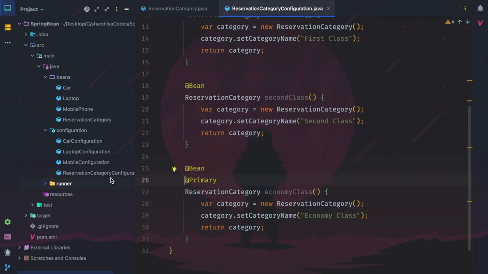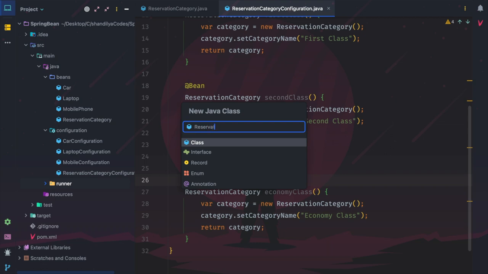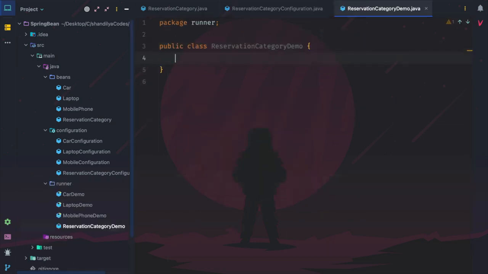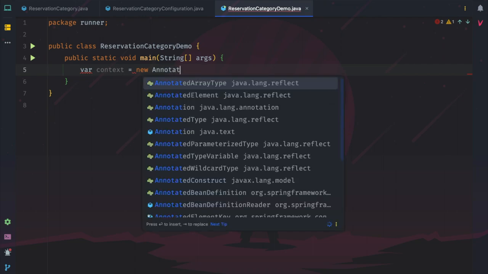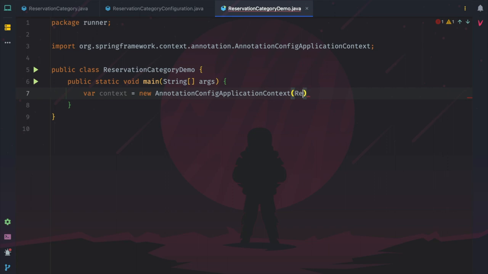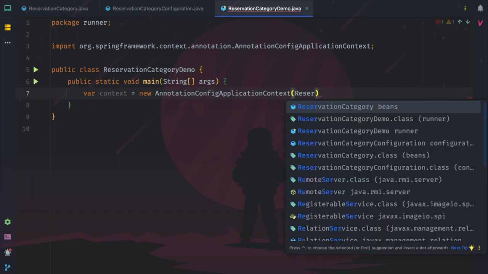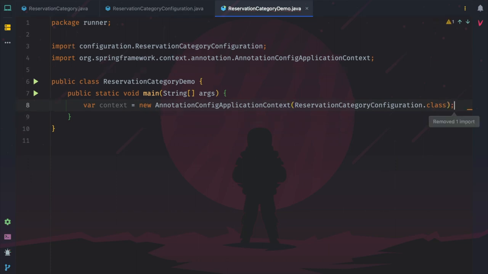So now let's go back to the runner package and let's create our demo class. Maybe call it as reservation category demo. Create a main method, then extract the context by using new annotation config application context, and pass the reservation category configuration class. Then we can say default category,